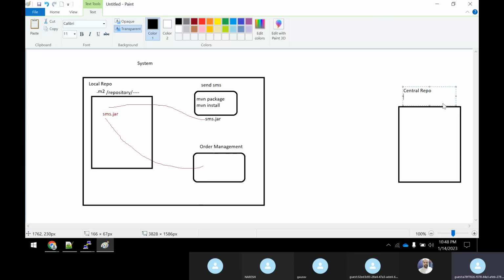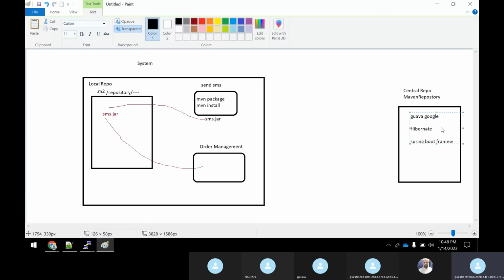So whenever you have a Maven repository, MVN Maven repository, you know that there is something like a Maven repository or central repository where all the dependencies are placed. For example, when you download Google's Gson library or dependencies like Hibernate. There are many libraries there, like Spring Framework and Spring Boot Framework. All those libraries are placed there.